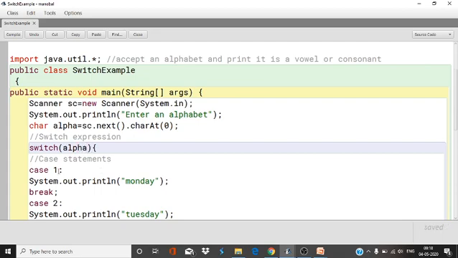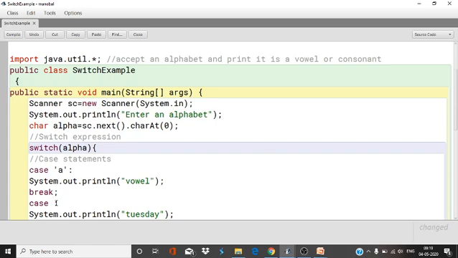Now what will be the condition? The conditions will be a, e, i, o, u. Suppose any user enters a, in single quotation, a character will always be in single quotation. Remember this. If it is a, it will print vowel.